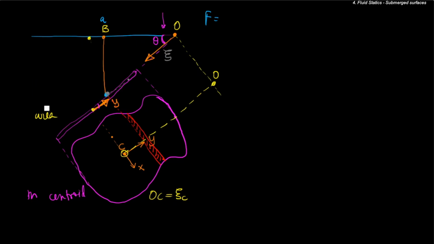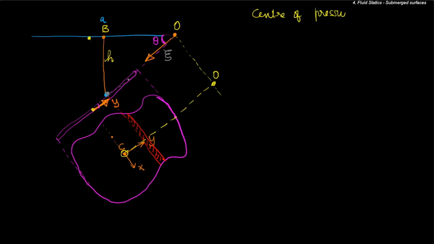Let us remove some of the extraneous parts. This particular height was h at any point, so just h. Now we want to find out what is called the center of pressure,